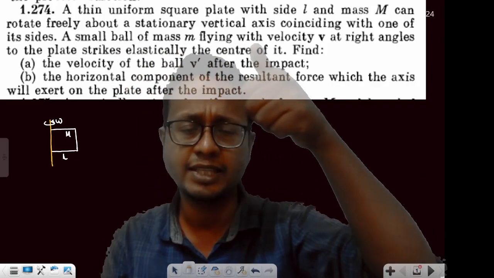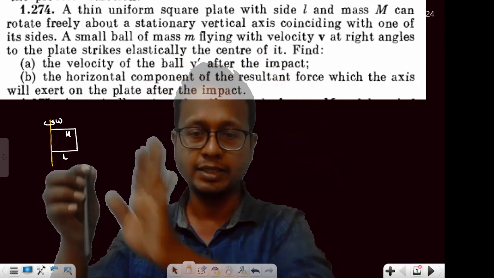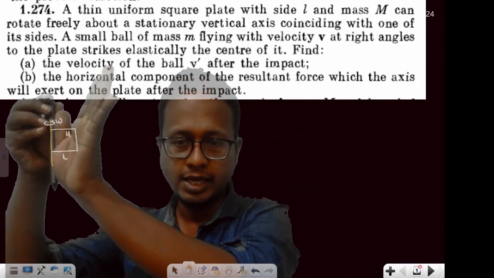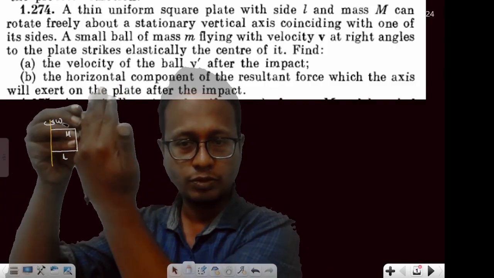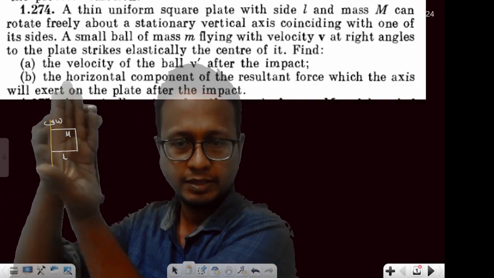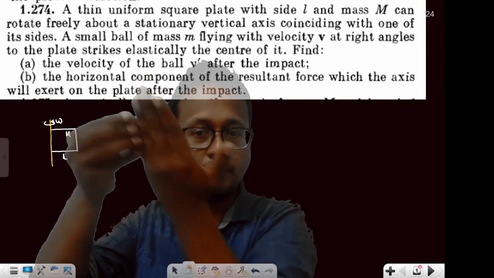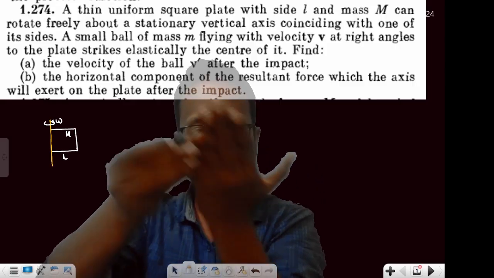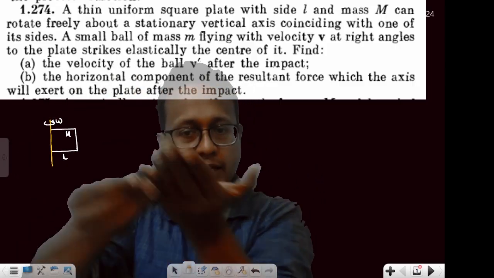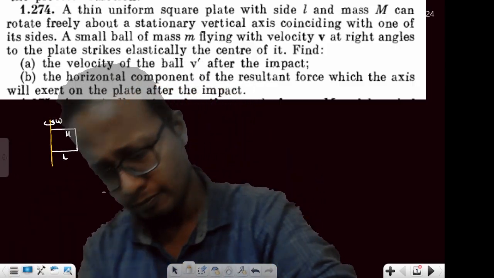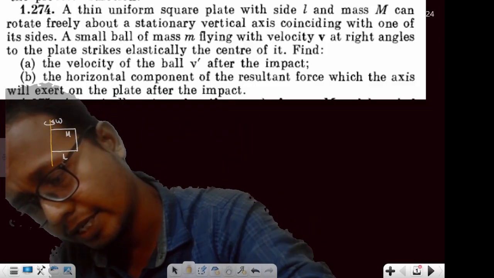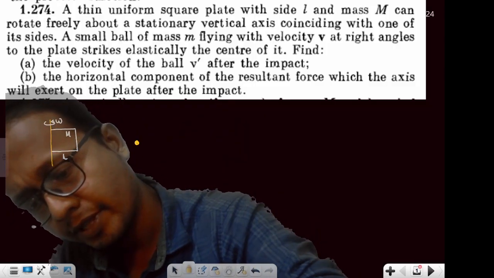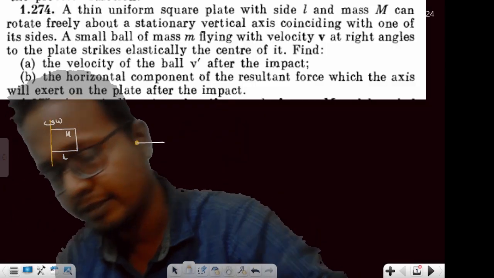If a small ball of mass m flying with velocity v at right angle strikes the plate elastically at the center of it, that means what is happening is, see, this was the hinge, and this rod was rotating like this, isn't it? I'm showing the same diagram but in this manner. This same diagram I have rotated like this. Understood? So out here there is a hinge, and this is the rectangular slab of